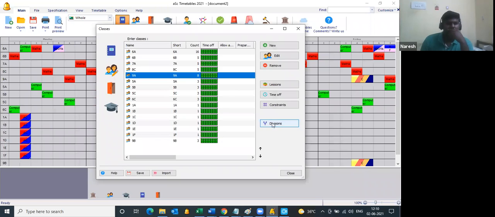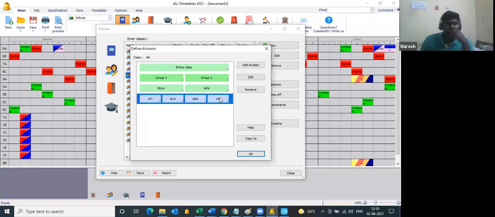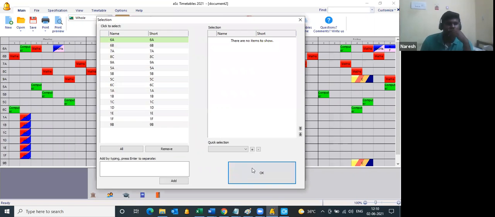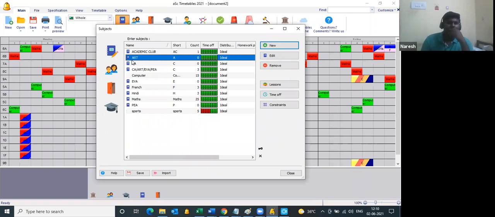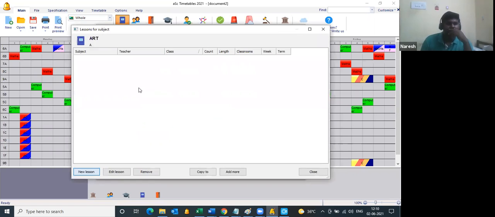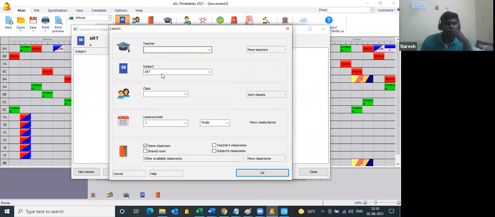Similarly, you will be copying the constraint for the class. This dividing, you have to do for class 9B also. Now you will be adding lessons for each subject. So Art, new lesson. This is the complex method. Teacher Gokul. The class will be a joint class.